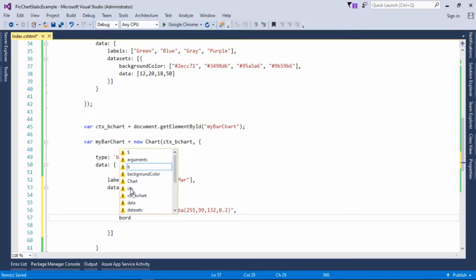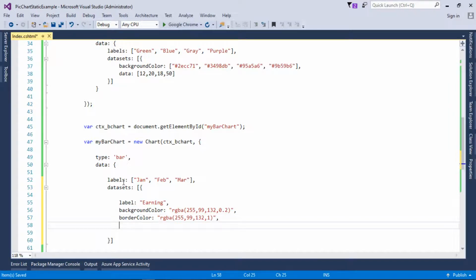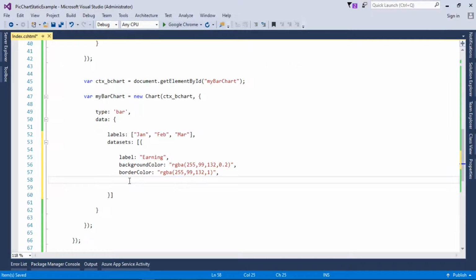And borderColor will be rgba(255, 99, 132, 1), with alpha of 1. The other property is borderWidth.